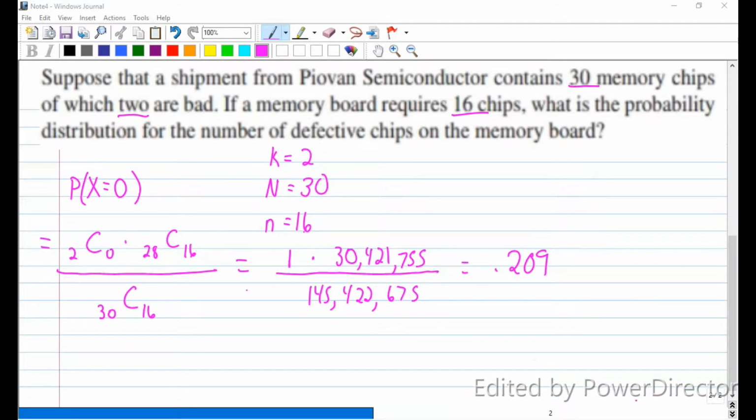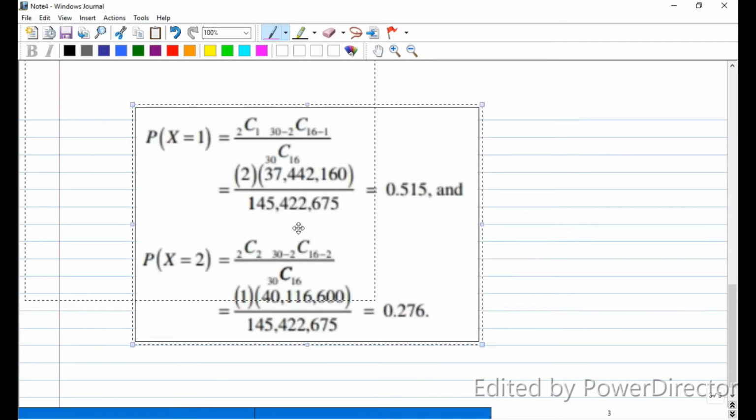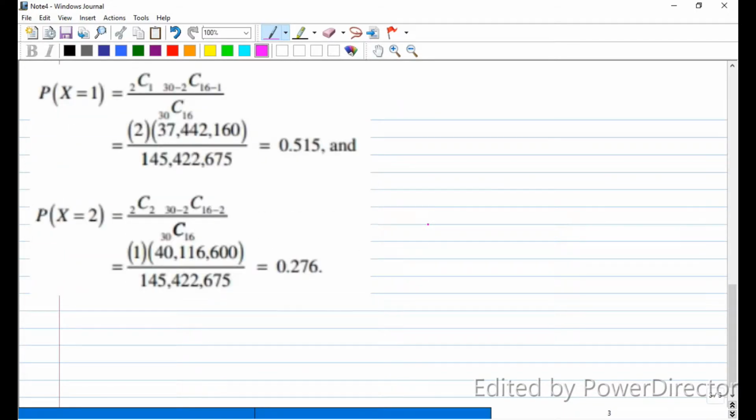So that's the probability that I would get no bad chips on my memory board. And then here are the probabilities for 1 bad chip and 2 bad chips. Another thing to keep in mind, I'm trying to just tell you common mistakes that students make, is that